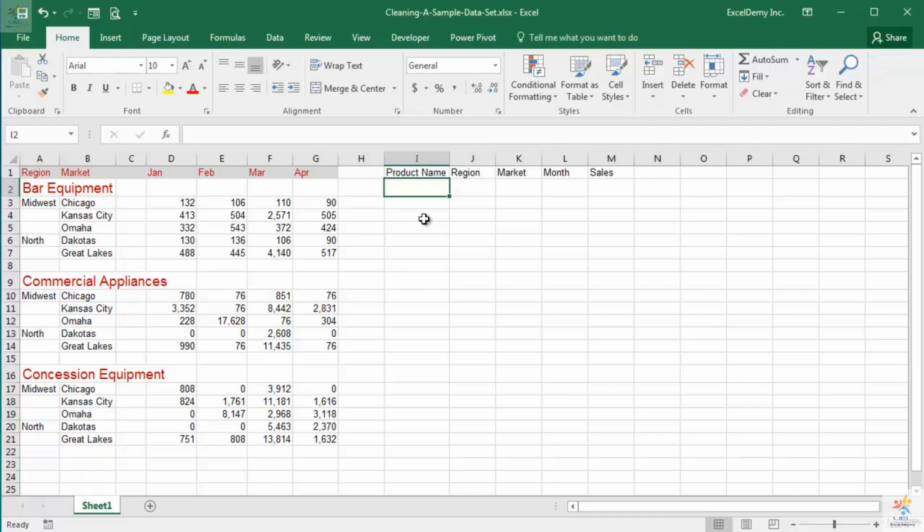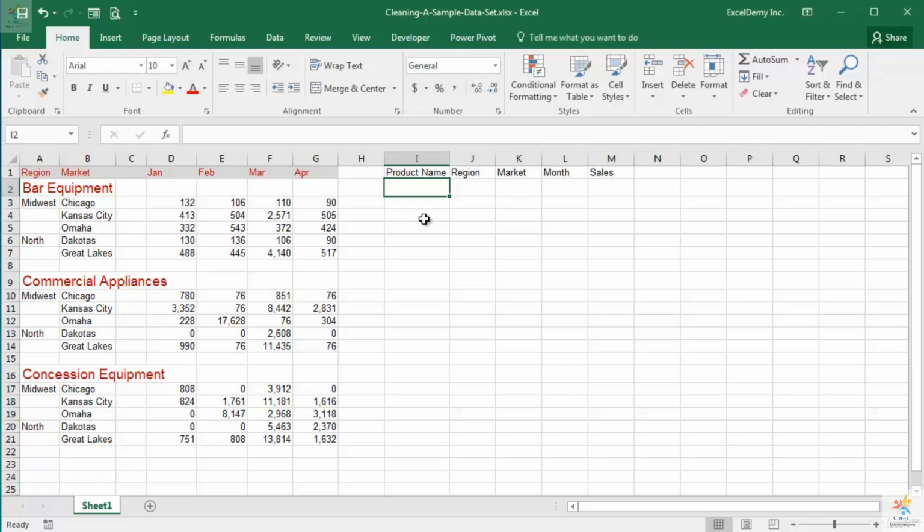Now, this table is small, so I can manually input data into this new table from this data presentation easily. But if you are working with a dataset that has millions of rows, then manual input of data would be impossible, and in that case, you can use Excel formulas. Our data is small in size, so let's input the data manually.